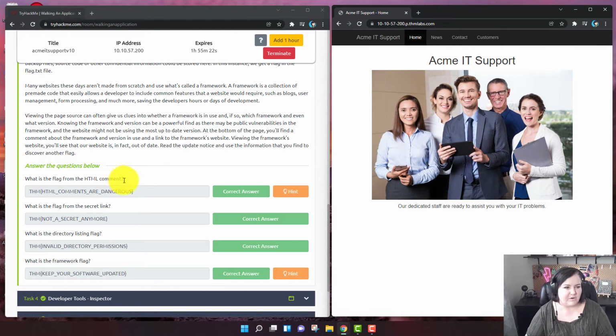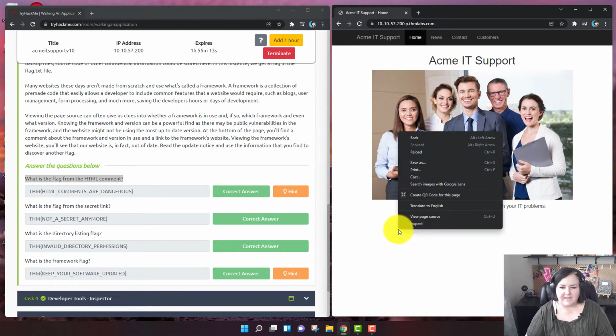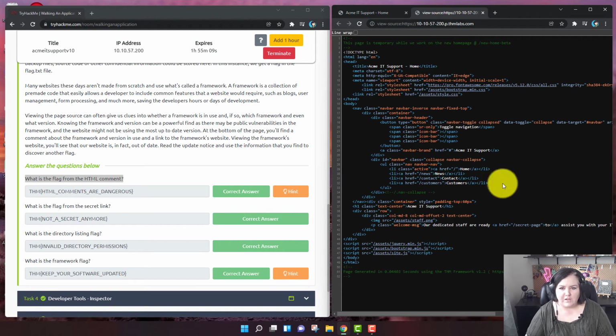So the first thing they want to know is, what is the flag from the HTML comment? So this is all about using view page source. If you right click anywhere inside the website and you go to view page source, you get all of this HTML coding that it takes to make this web page. And then they teach you about what a comment looks like. Comments in HTML have the exclamation point at the beginning to differentiate them, that they are a